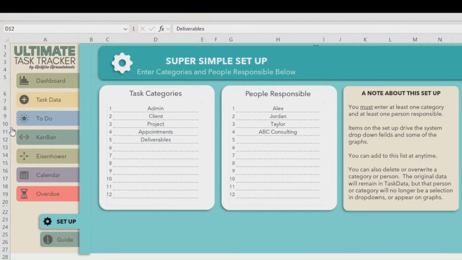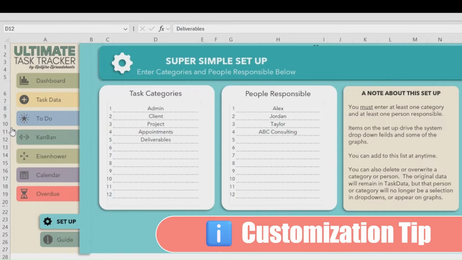Now, I know you may be looking at this section saying this doesn't feel like you or your situation. This example is for project management and will completely make sense to project management people. But you can change these categories and people responsible to whatever makes sense for you. So if you're a mom or a family or somebody who wants to organize their life, you can put things in here that are life-based, things like self-care, house cleaning, pay bills, but just appointments in general, kids' activities, those kinds of things can go in the categories list, and the people responsible can be your family members, but it